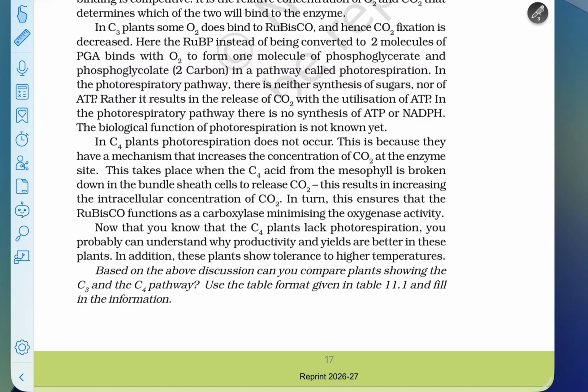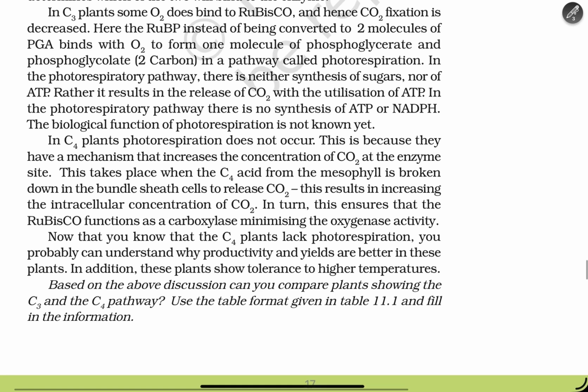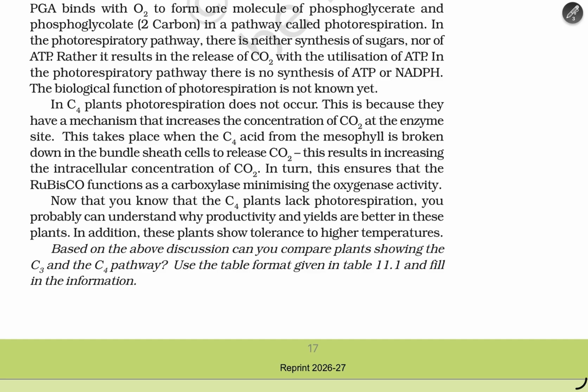In the photorespiration pathway, there is neither a synthesis of sugar nor ATP. Rather, it results in a release of carbon dioxide with a utilization of ATP. There is no synthesis of ATP and NADPH, and a biological function of photorespiration is not known yet. In C4 plants, photorespiration does not occur, and this is because of the mechanisms necessary